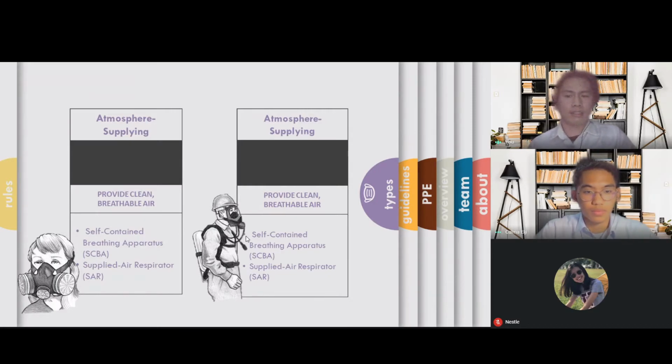The next is supplied air respirator or SAR. Ginagamit rin siya sa workplace na may hazardous aerosols. So kailangan talaga natin ng oxygen to breathe. For the next protection,